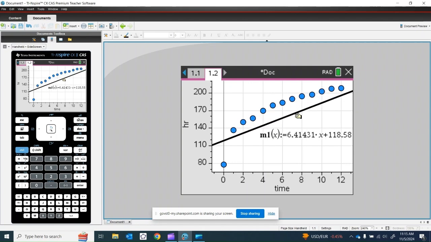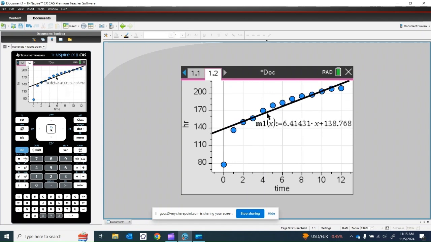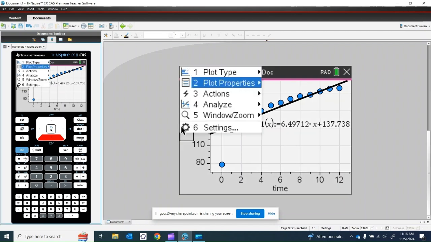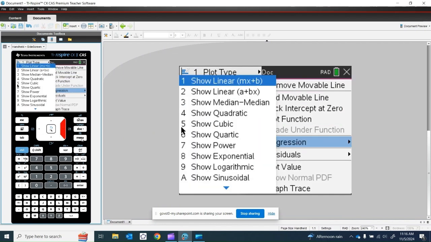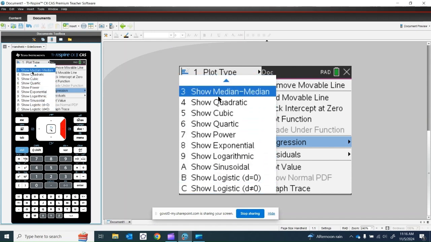I could click the line and move the whole line up and down. But it just gives a little extra ability to kind of play with the data first before it just gives you the answer. So do remember that when you go under to the menu, if you want to analyze and do the regression, you do have all those same options that we had in SPSS. So linear, quadratic, cubic, powers, exponentials, logs. So it does have all of those same type of options as well,